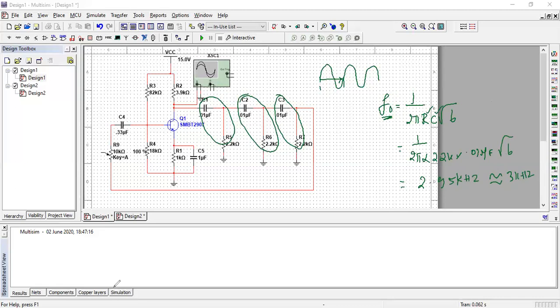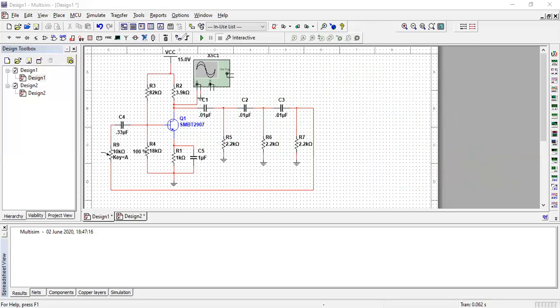Now we are going to run the circuit. We are already familiar with how to rig up the circuit using the drag and drop method. We will select the components we need and place them according to the circuit. Finally, when all the circuits are interconnected properly, we will go for running the circuit.